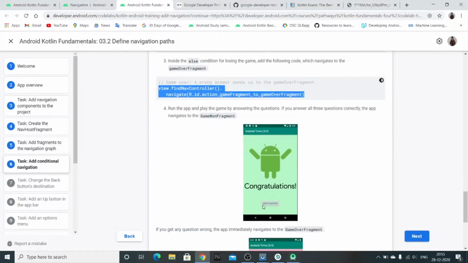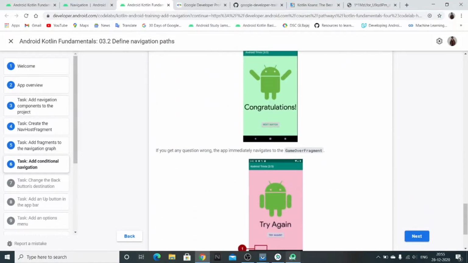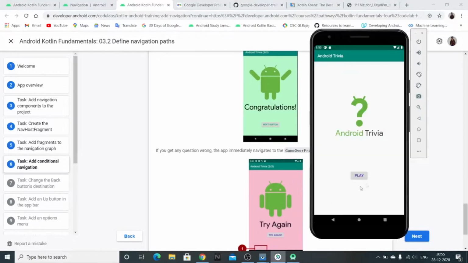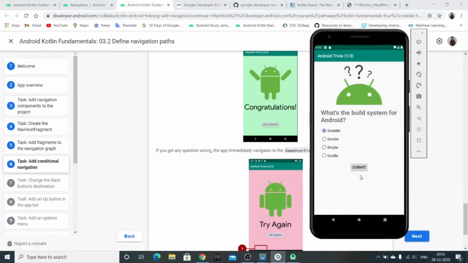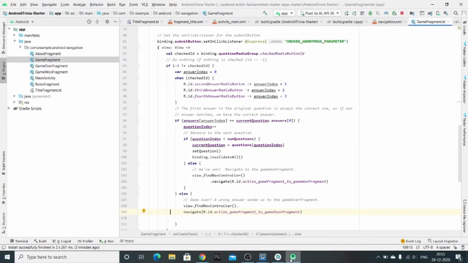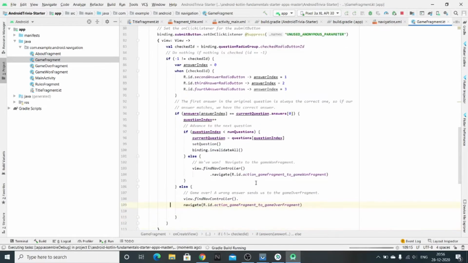Okay, it's telling us to run our app again. Okay, so here you can see that when we press the play button, the questions are appearing, but nothing is happening with the submit button. So let's just rerun, and then the submit button will also be working because we have added the coding for that.